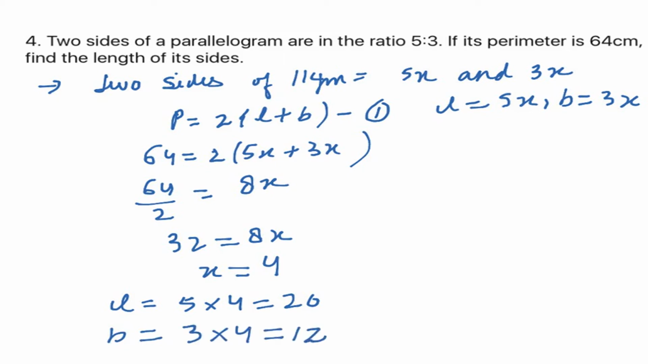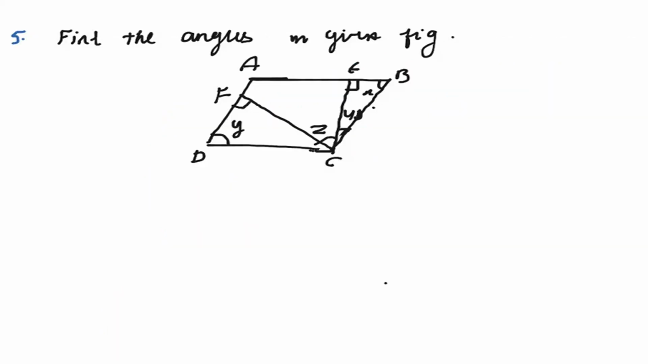So it means the sides of the parallelogram are 20 and 12 centimeter each. Next question, we have a parallelogram ABCD. In this we have a right angle triangle, that is BEC. Let me mark it with the dotted lines, that is BEC. In that angle